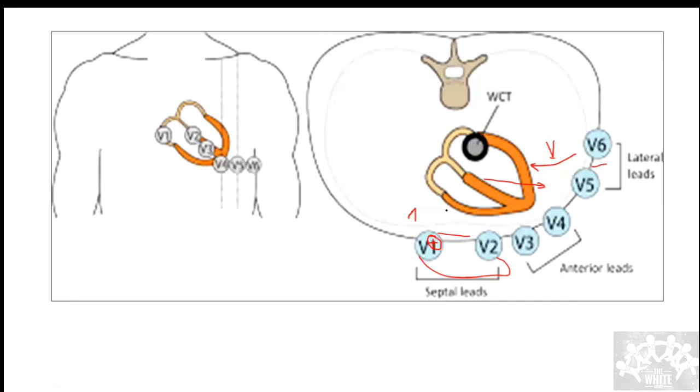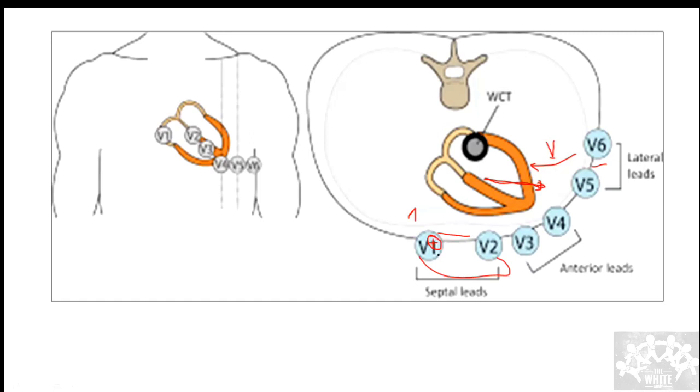So now you tell me which wave is going to be positive and which negative, if this is the net direction. In which lead will the deflection be positive and in which lead will it be negative? I considered only V1 and V6 because I wanted you to understand this concept. I'm coming to another important concept, and that is why I want you to understand this. So V5 and V6, everyone says, is positive.